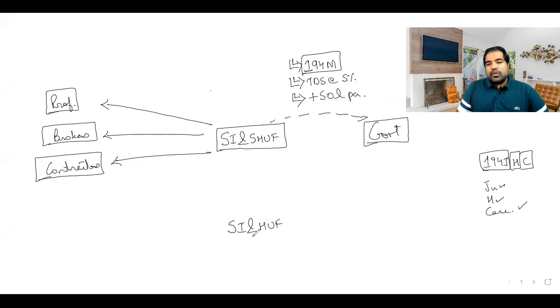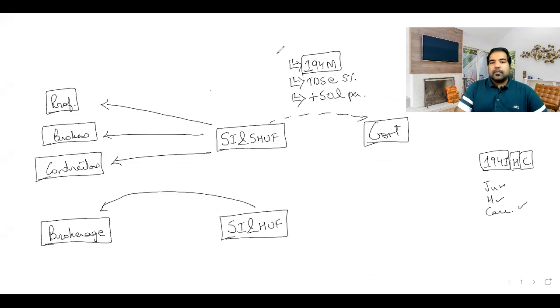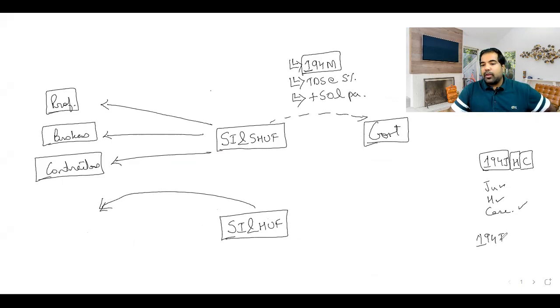Also, guys, small individuals and small HUFs were getting one more benefit. Whenever they were renting, they did not have to deduct TDS because 194I was not applicable to them. Initially, rent is not applicable to small individuals and HUFs. So whenever they were renting out,